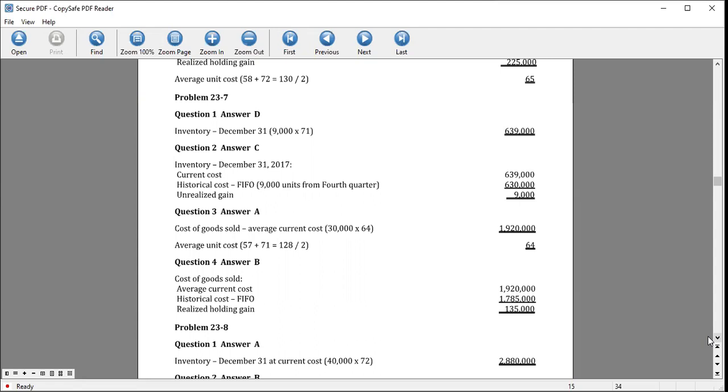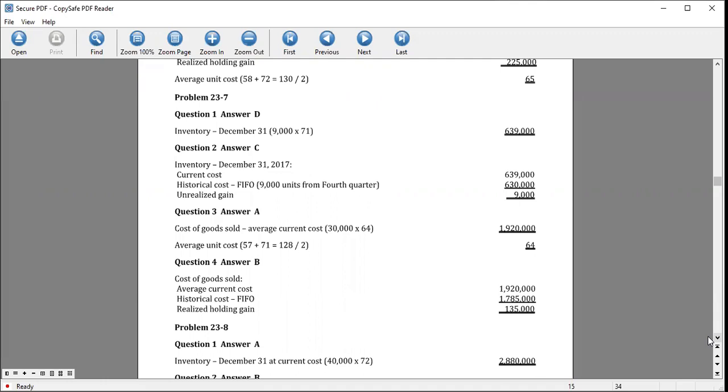So 1,785,000 is taken by adding the beginning inventory of 400,000 pesos, and then we add the first quarter of 410,000, second quarter 550,000, and third quarter of 425,000. So that's a total of 1,785,000. Or another option is to add 400,000, 410,000, 550,000, 425,000,